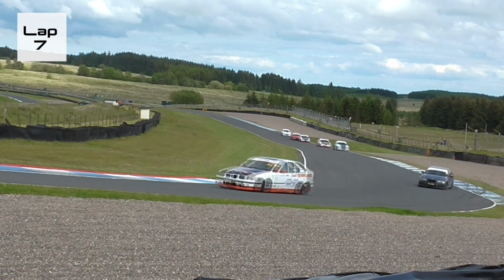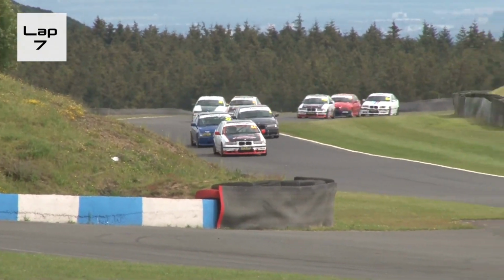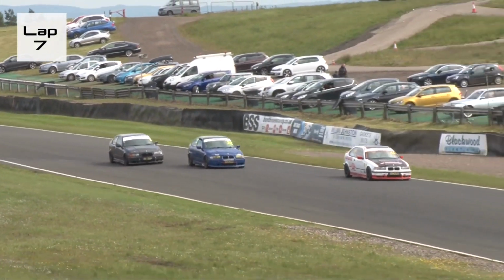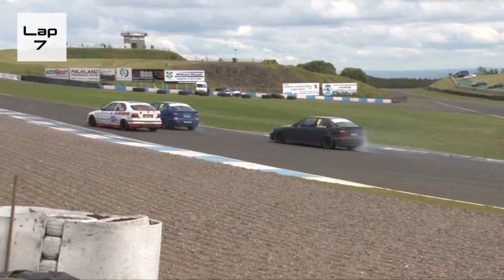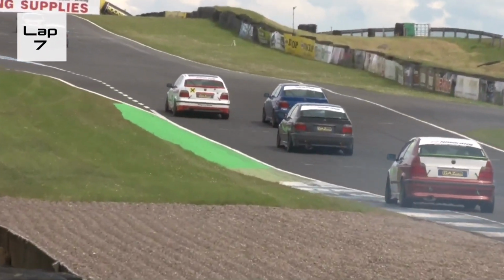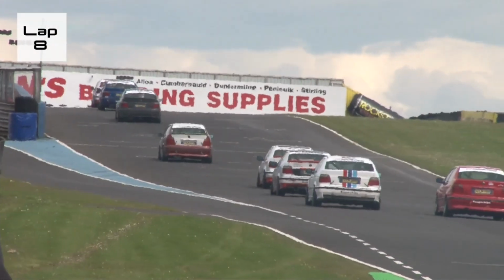And look at this. Clark's. Daly turns in. Oh, that was so close as they go through Clark Corner there. But Daly just holds off Butterworth once again, and that's allowed Sutherland well into contention. Now Sutherland dives up the inside, as does Butterworth. Daly tries to get back to the apex. He can't, because there's a blue number 22 in the middle of the way. And again, Paul Daly just hangs on by the skin of his teeth